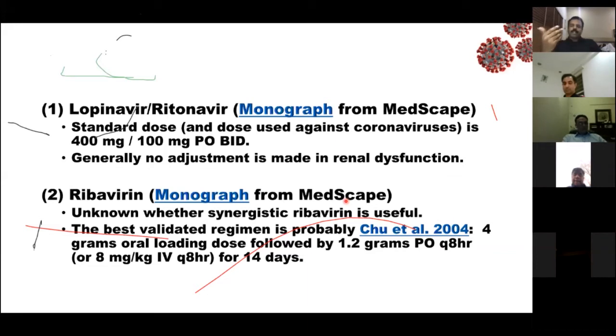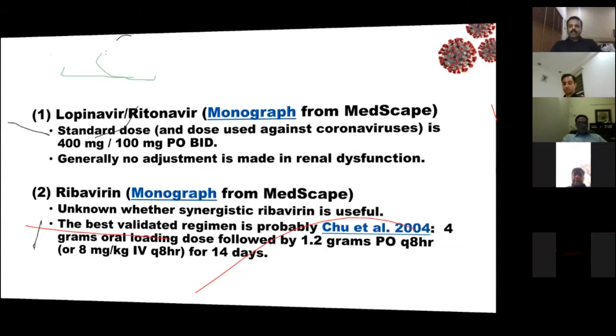So another option initially discussed was hydroxychloroquine, lopinavir, ritonavir, along with ribavirin, and another option was to give oseltamivir. But oseltamivir, being a neuraminidase inhibitor, is unlikely to act on SARS-CoV-2. So there is no point in discussing oseltamivir, but ribavirin may have a role. And the Chinese anti-flu drug Arbidol was also tried in the Chinese trials, but I don't know whether this will